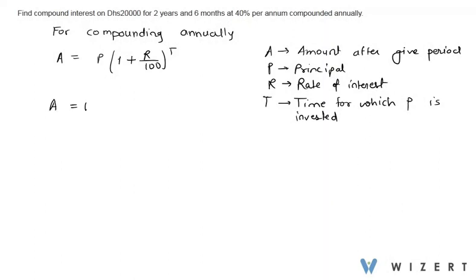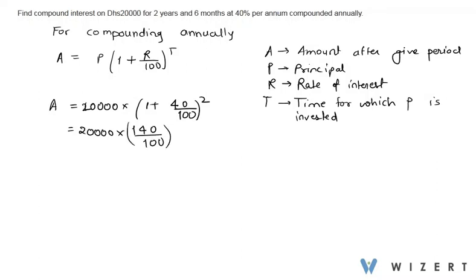So P is 20,000 multiplied by 1 plus 40 by 100 to the power 2. That will be 20,000 multiplied by 140 by 100 to the power 2. So which is equal to 20,000 multiplied by 140 square is 19600 and 100 square is 10,000. So these 4 zeros cancel out and we are left with